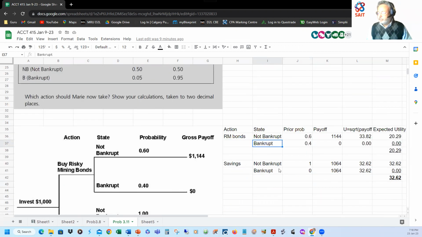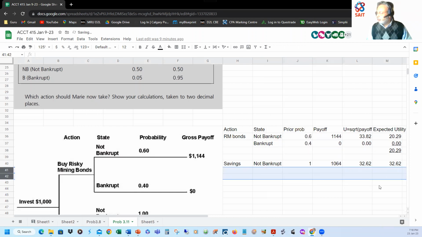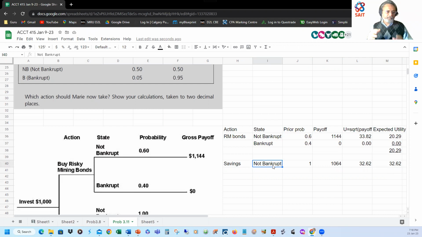In the case of savings bonds, the savings bonds will pay regardless. So the possibility of savings bonds going bankrupt is not applicable. Savings bonds will pay $1,064 regardless. So you can dispense with this piece. You can just go with not, because savings bonds will pay regardless, right? So it doesn't depend on bankruptcy, not bankruptcy. This is almost like a guaranteed payment. Think of it as a GIC, right? You're getting the guaranteed return, so 100% probability or certainty that you'll get $1,064, square root